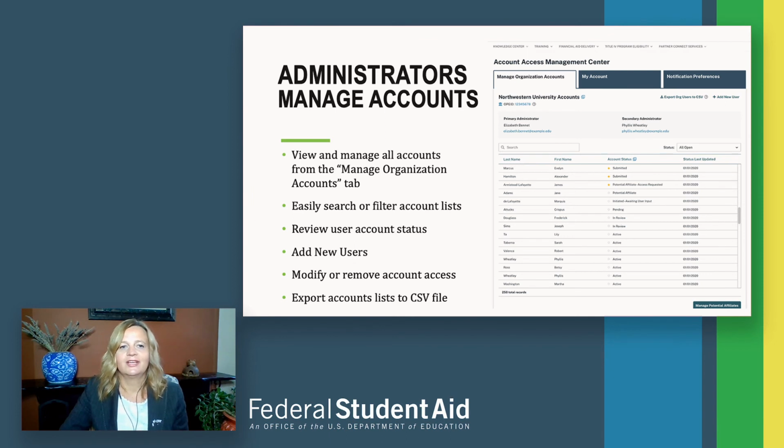In the Manage Organization Accounts, administrators can find the complete list of users at their organization, their account statuses, and the date when the status was last updated. The definitions of all account statuses can be found by clicking on the Information eye icon next to the account status title. For example,